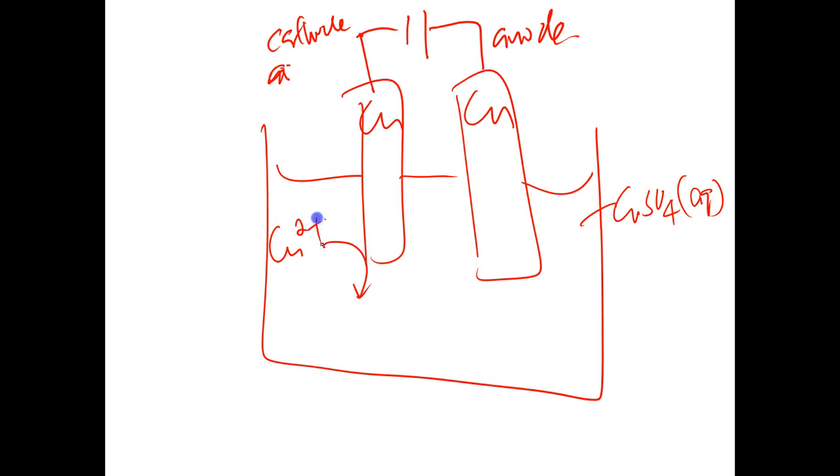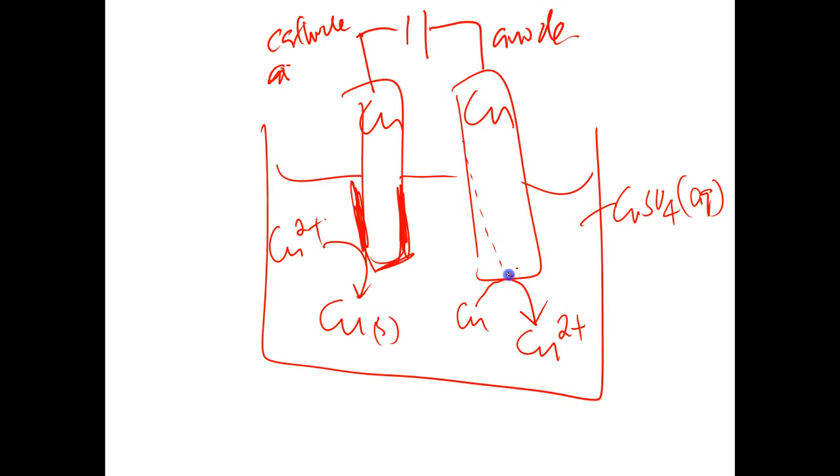My Cu2+ ions come here. They are reduced, become copper metal, deposited around this electrode here. And at this anode here, the copper actually dissolves to give me Cu2+ ions. After some time, it will become smaller and smaller, and then poof, it will disappear,